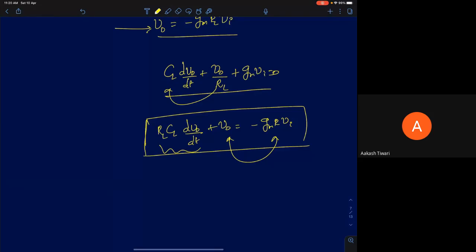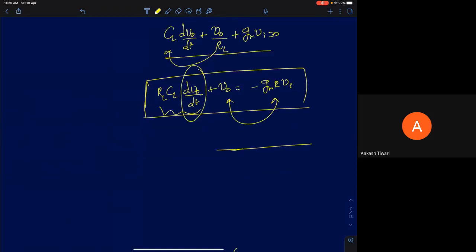Okay, in the steady state, let's assume you are applying an input which is going to remain constant. If the input is going to remain constant in the steady state, you can expect the output also to remain constant. For most stable systems, that will hold true. So what will happen to dV naught by dt in the steady state? 0, right? Because I'm assuming the input is constant, which means it's not going to change. So dVi by dt is 0 in the steady state.